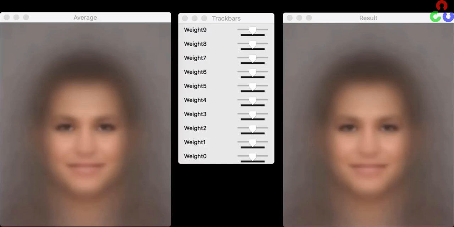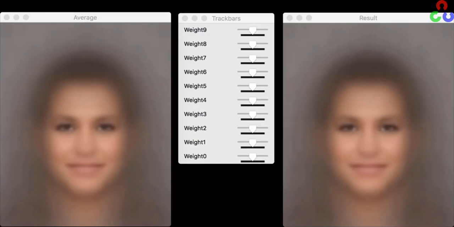The sliders correspond to the principal components of the data. So weight 0 adds the first principal component to the mean face. In other words, it is the first Eigen face. Now we know that the first principal component or the first eigenface captures the direction of maximum variation in the data. The second principal component captures the direction of maximum variation orthogonal to the first principal component, and so on and so forth. Let's jump into the demo and see how we can create new faces by adding different eigenfaces